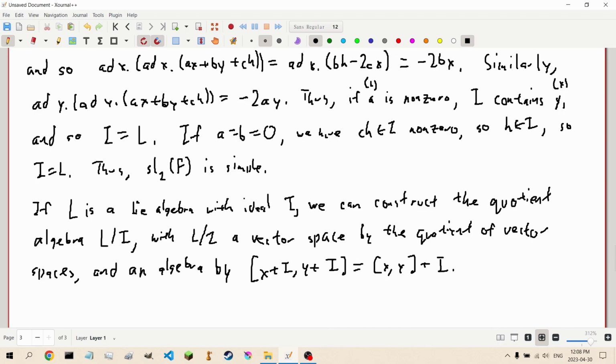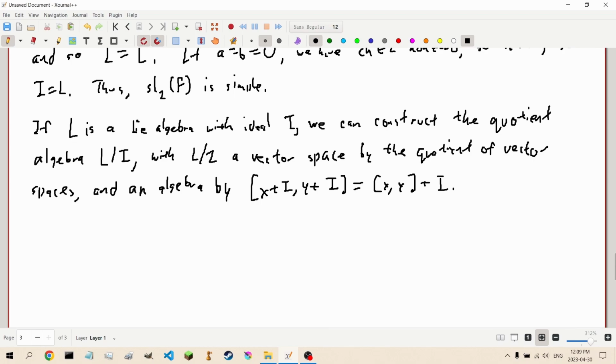Because keep in mind that's how quotients work, right? You're partitioning the space into equivalence classes, where each equivalence class is essentially a copy of, in this case, the ideal. And so this is what our bracket is going to be. And of course, the question you always have with this is, to make sure that the quotient makes sense,